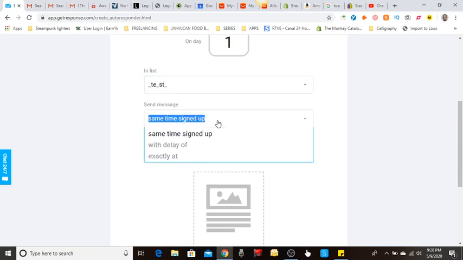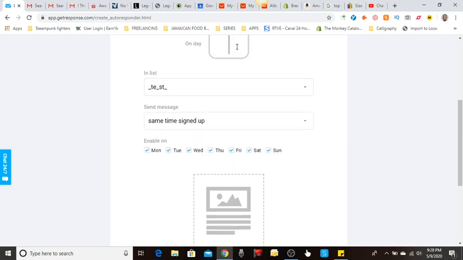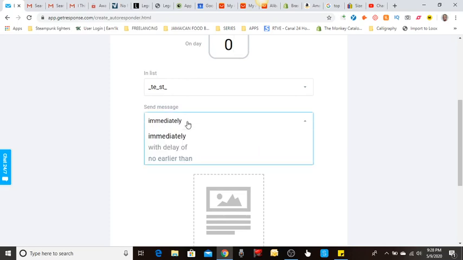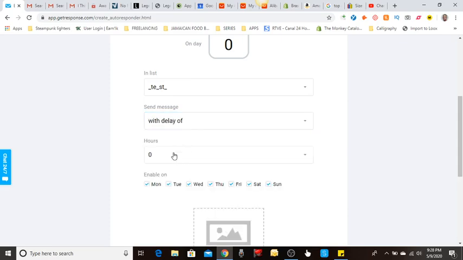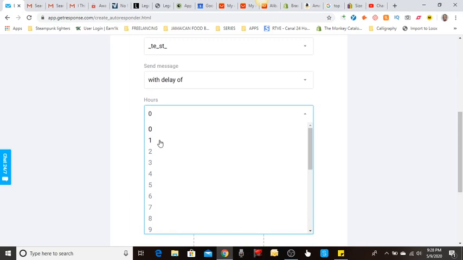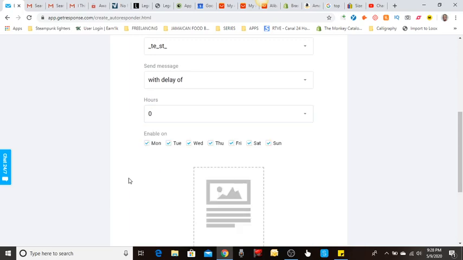and we want the message sent. You can have it sent the same time someone signs up, which would really be day 0, or you could have it sent with a particular delay. So it could be a number of hours after they sign up. It could be an hour after they sign up, 5 hours, up to 23 hours after they sign up. You could do it